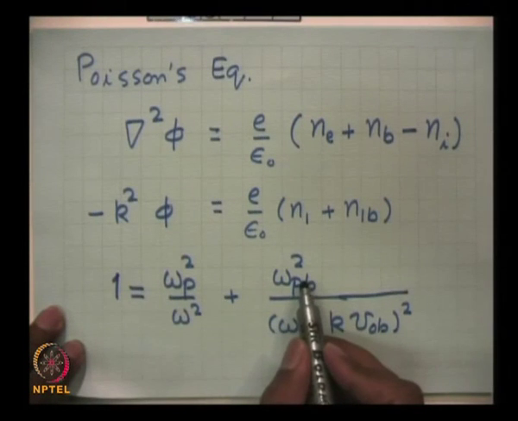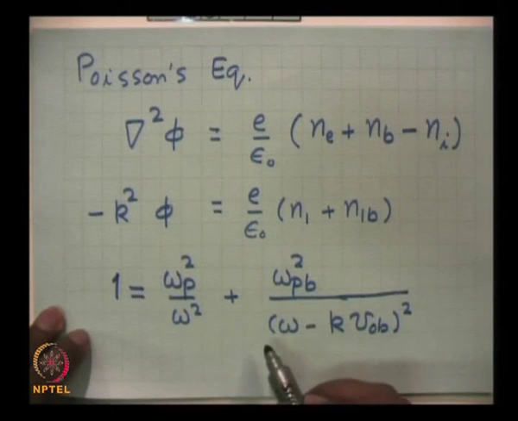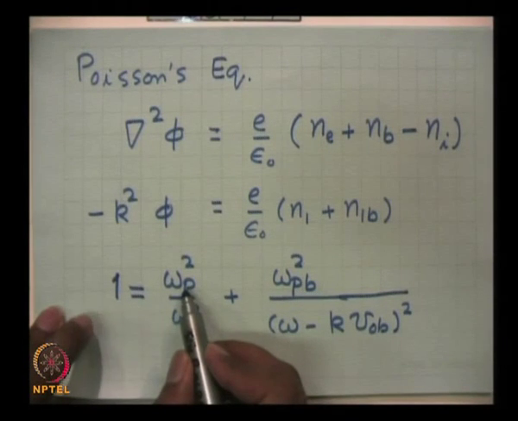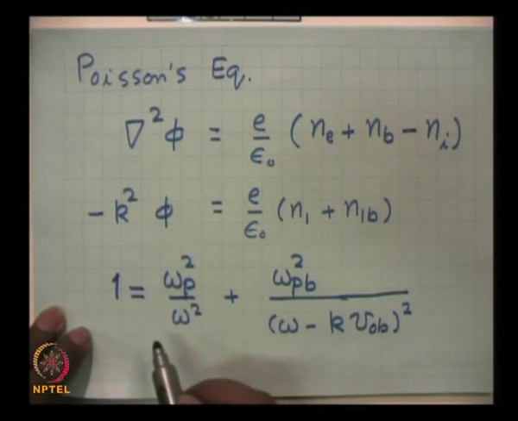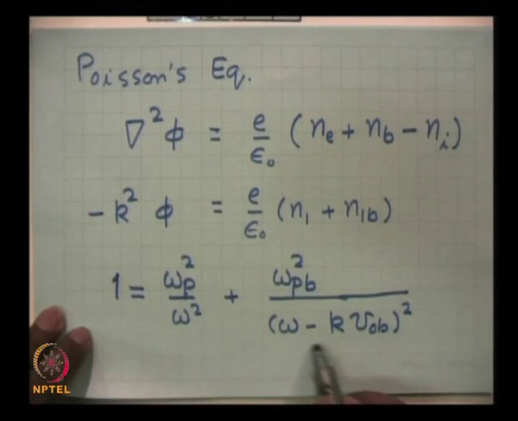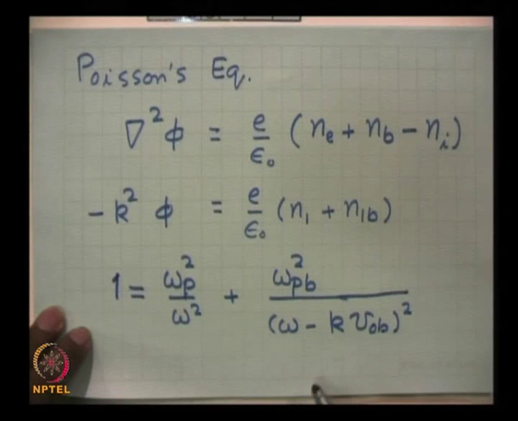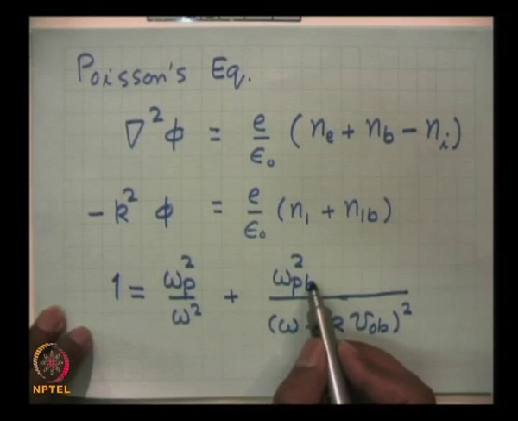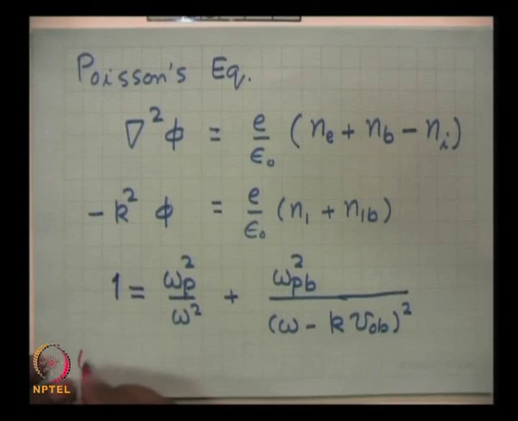This is called beam plasma frequency. It depends on beam density. Omega p is the plasma frequency of electrons of the plasma, called electron plasma frequency. This has a term which is called resonant denominator. Even though the value of omega Pb is tiny, I think it will be better I should write this omega Pb here. Beam plasma frequency is defined as